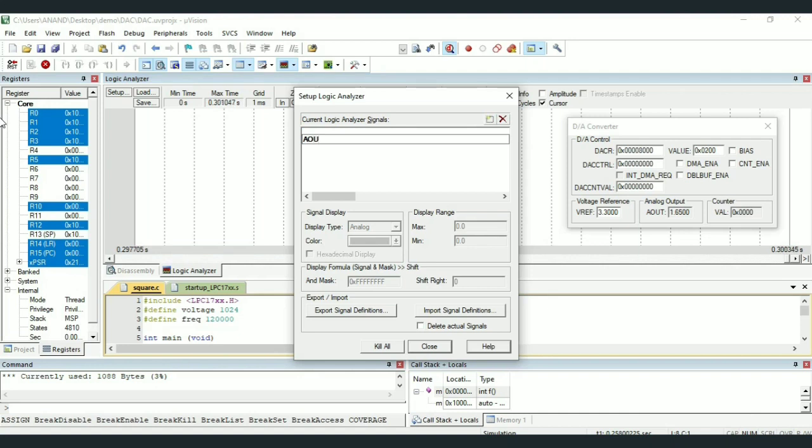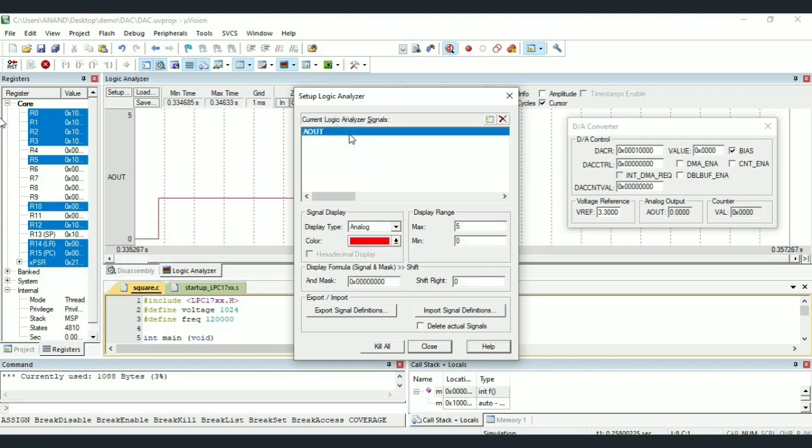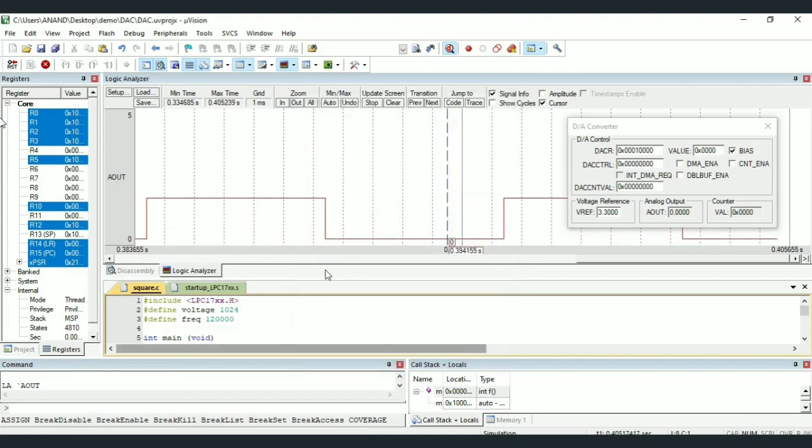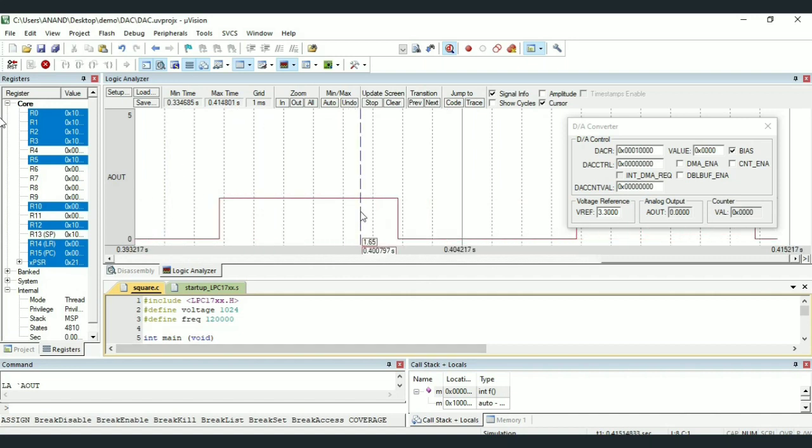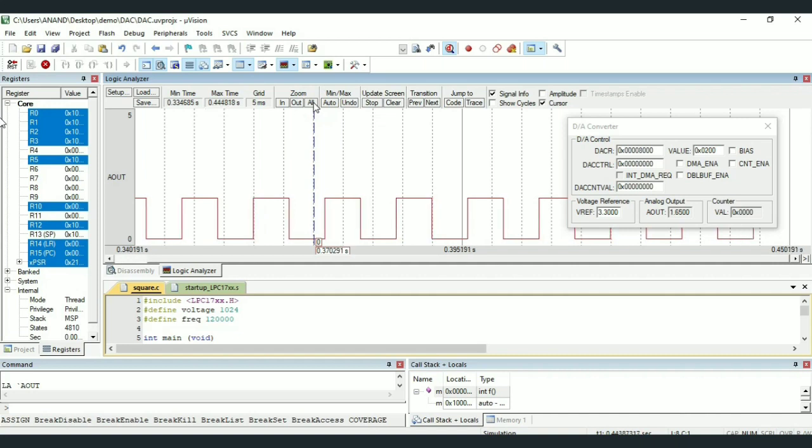So here it is AOUT, all in caps letters. AOUT is an analog signal, so no need to change this, and we can change the color in which it will be plotted, and then close. So we can see that the square wave is generated and plotted.